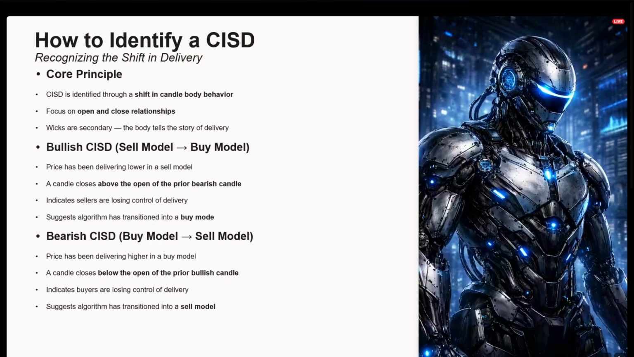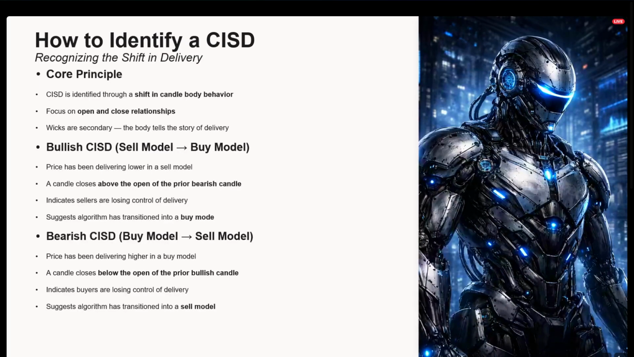So it indicates that, quote unquote, sellers or the sell model is losing control of the delivery, that the draw on liquidity has been met, and it suggests that the algorithm has started to switch into a buy model. It is the opposite